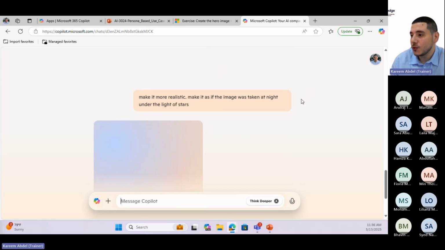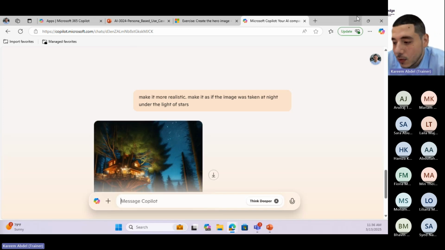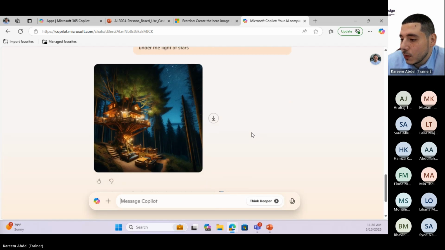So I'm suggesting changes, and now Copilot is considering these changes and generating more content for me. There we go. We've got another image. We can see it's totally different, but it still captures the same essence or same spirit of the theme that we're going with. Right, so the ability of Copilot to deal with texts as well as images,